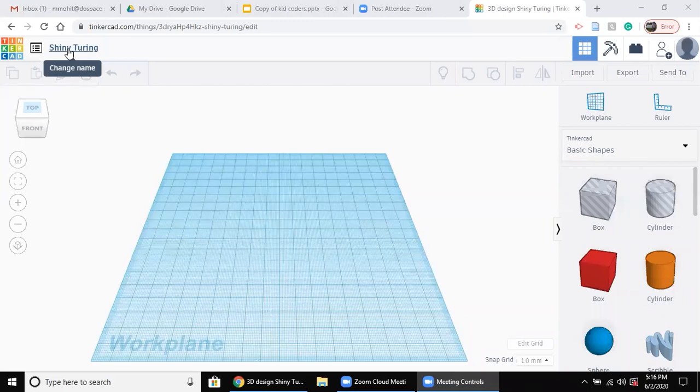First of all, what I always do is I go here and change the name. This is very important, because Tinkercad is going to give you a random name for the object that you are going to make. So whatever you want to make, for example, if I want to make a cup, I'm just going to write the name of the object, and the name of the file will be changed. Always very important